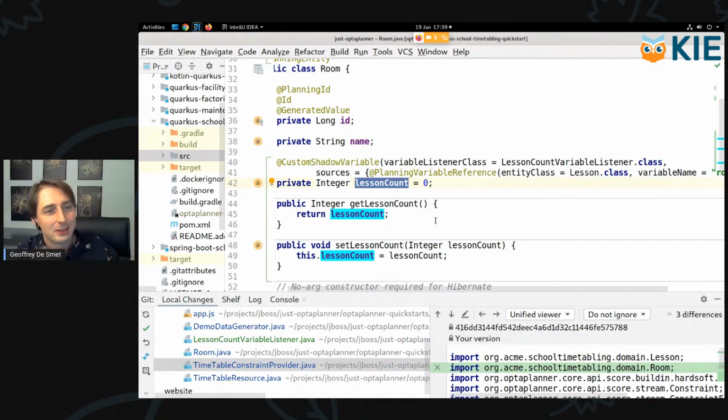But the interesting thing about that is that OptaPlanner needs to know when a genuine shadow variable changes, which shadow variables might change, and it will send an event to just make the changes on those rooms that might be affected. So when, for example, we add a lesson of math to room C, OptaPlanner knows it doesn't need to go through every one of the rooms and go through all of the lessons to make sure that the lesson count is up to date. It just needs to check, okay,